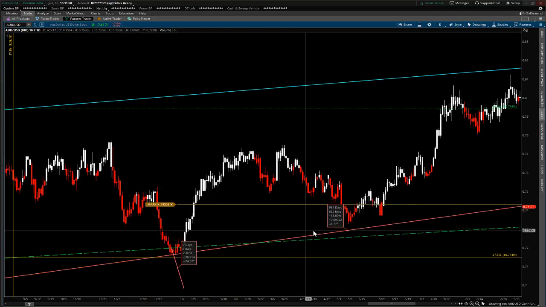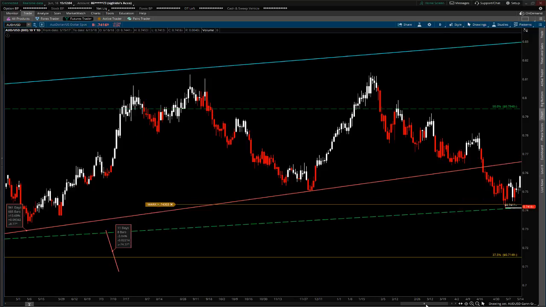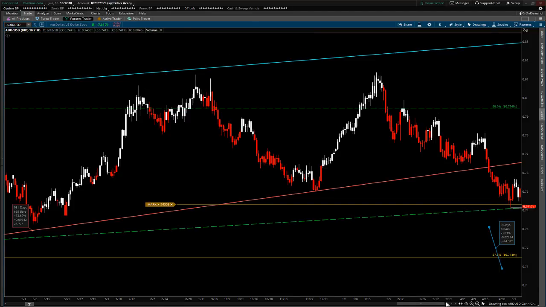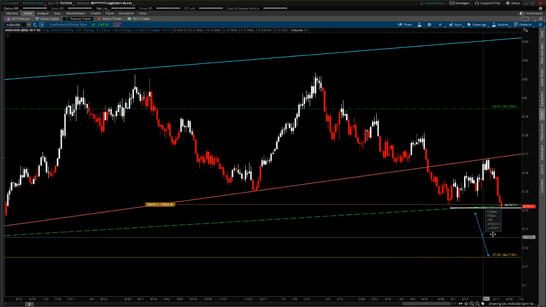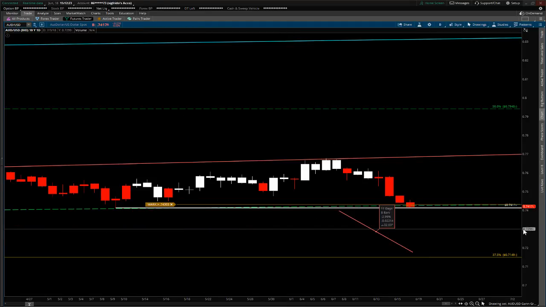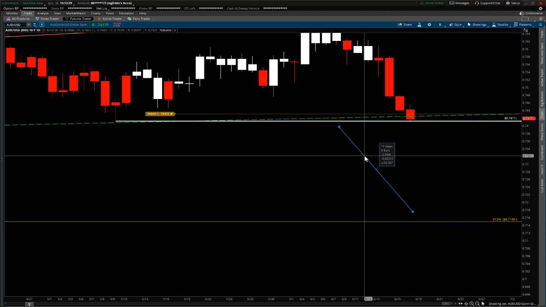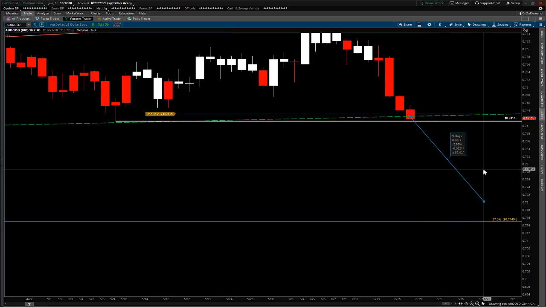What you do, you keep dragging this, and mind you, this is a daily chart of the Aussie, and I'm just looking at that 45. That's the key. Dragging it over. Okay, we're right here. We are right here. Let's get a little closer. So let's say from right here it's going to sell off and chop around. And you know what? It could possibly make a swing low on the 27th. But